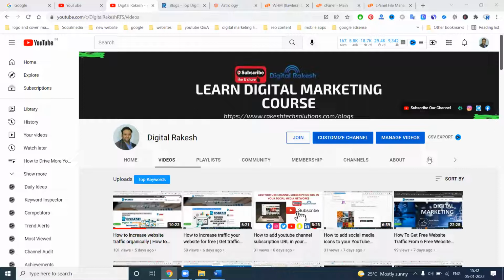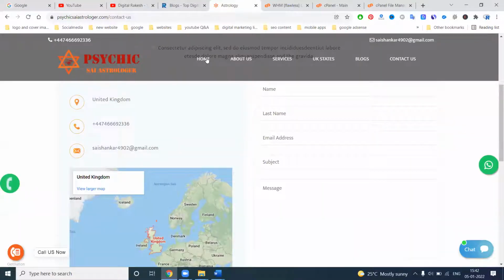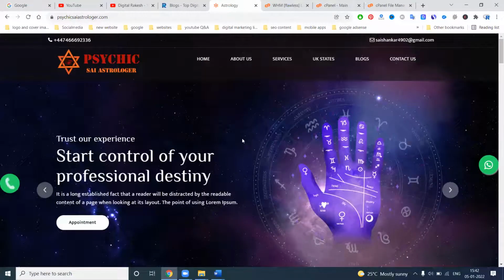So guys, this is very important. People are struggling with adding a WhatsApp chat button to their website. There are so many videos on how to add and handle a WhatsApp chat on your website, and a lot of questions are there. So that is the purpose, based on the content and all the information.